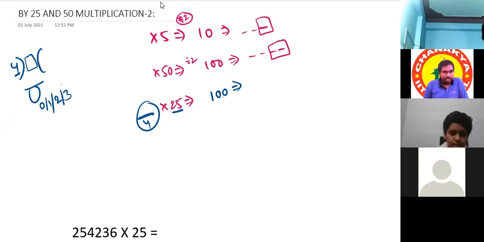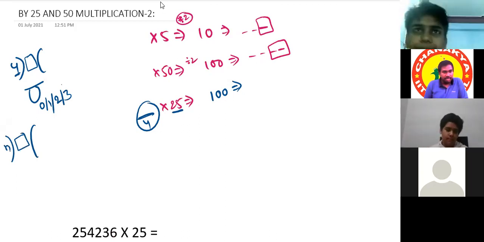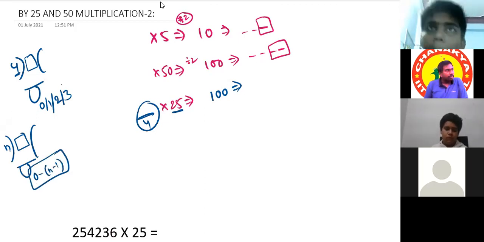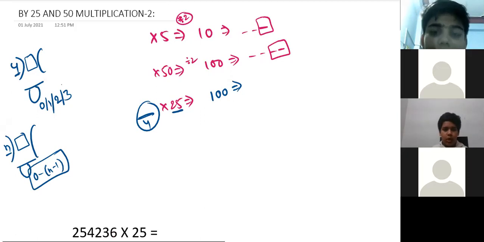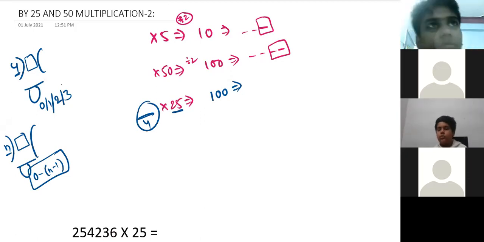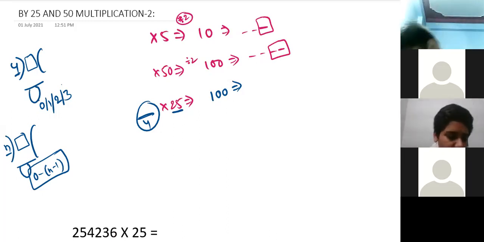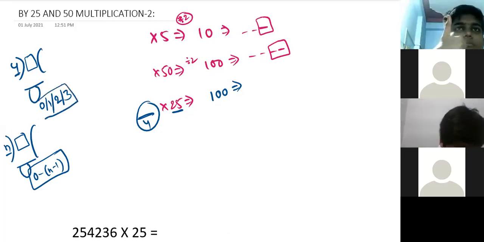So remember this point. Any number when divided by n, the remainder possibilities are 0 to n minus 1. We get one number less than the divisor: 0, 1, 2, and 3. So what if the remainder comes 2 and 3? I'll tell that point.